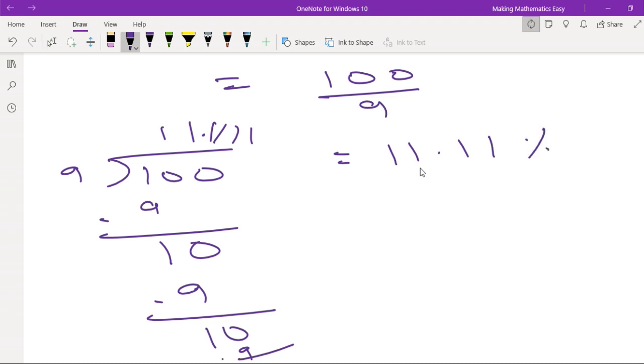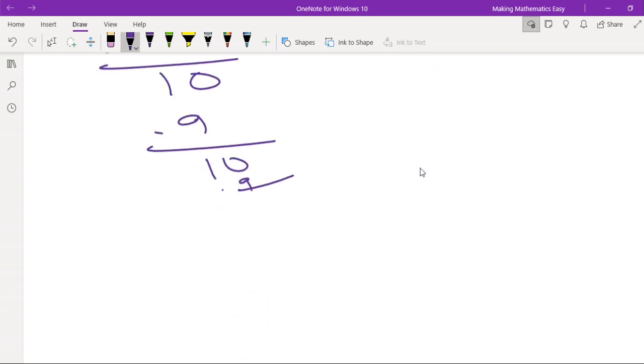So that is 11.11%. You can stop after 2 digits after the point. You can stop the division. Okay,